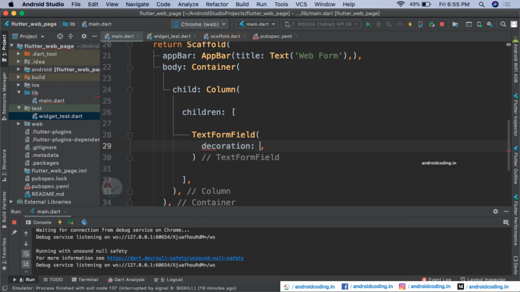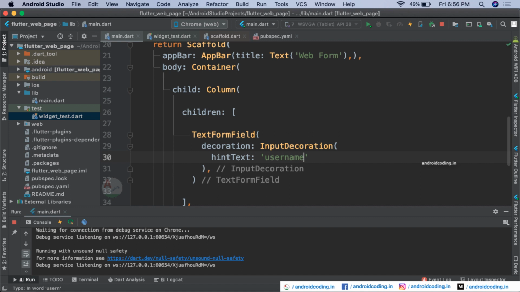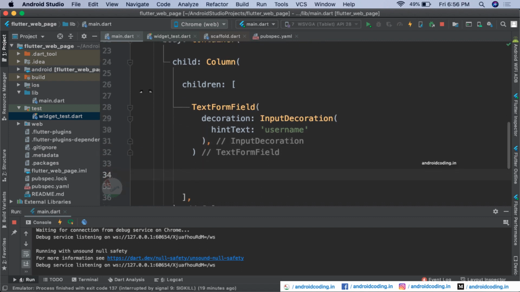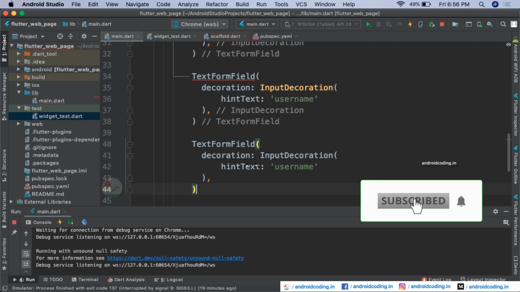So specify the decoration inside which the input decoration, and you can specify a hint to the user. So just like username, and one more field we can specify, just I'm copying and pasting it here so as to avoid any delay.